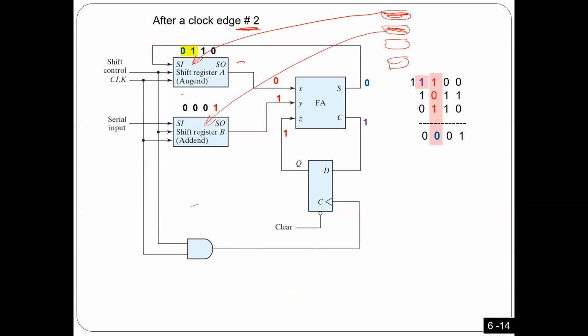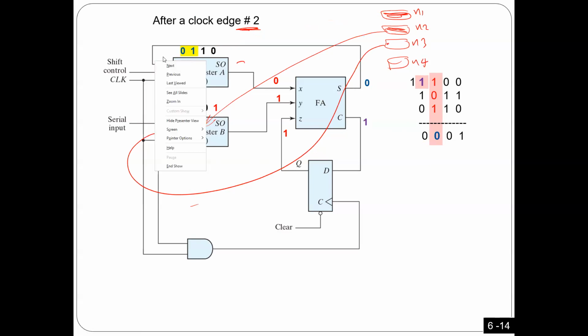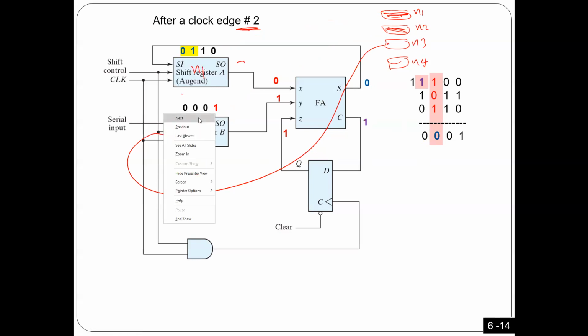And then every shift, I'm going to shift 1 bit from here. Shift 1 bit here. So that after 4 clocks, what I'm going to get here is A plus B, or the first 2 numbers. For example, I'm going to call them N1, number 1, number 2, number 3, number 4. So in the very beginning, you have to put number 1 here, you have to put number 2 here, okay? And then after 4 clocks, I'm going to have